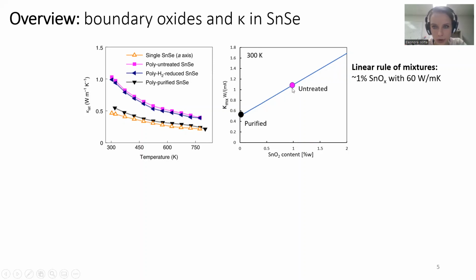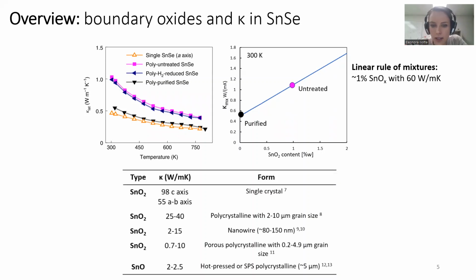To actually be able to do so, one needs to use a linear rule of mixture for the composite and assume the untreated one as a composite of 1% of tin oxides, that is what would be compatible with the X-rays. And to do so, the thermal conductivity should be, to match the results, around 60 watt per meter Kelvin. There are a couple of issues with this explanation though. Because first of all, although 60 watt per meter Kelvin might be in line with a sort of average of the single crystal thermal conductivity of SnO2,